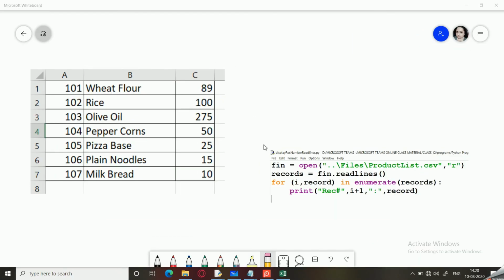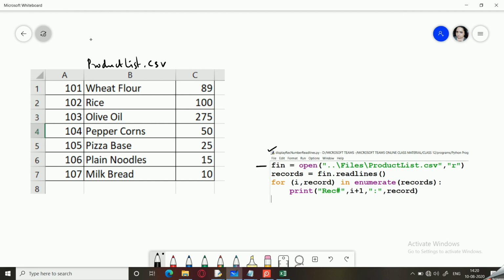So now you can see I have the code as well as the file content written over here. So this is my file, that is productlist.csv. And this is my program, and the program name is written here.